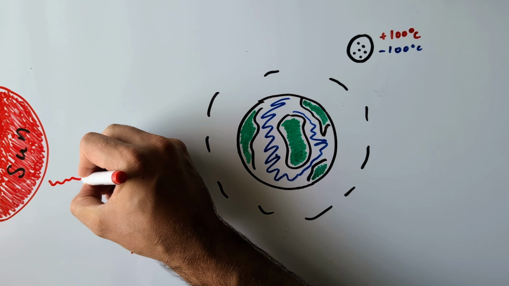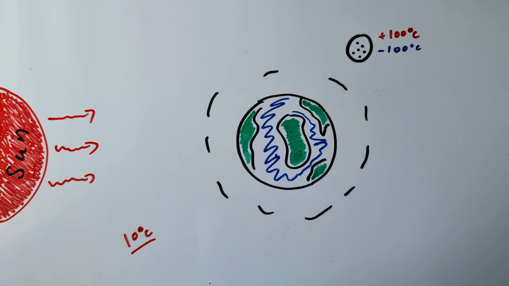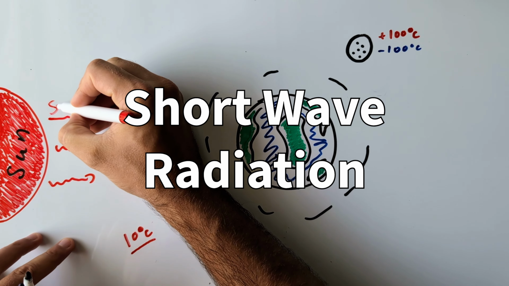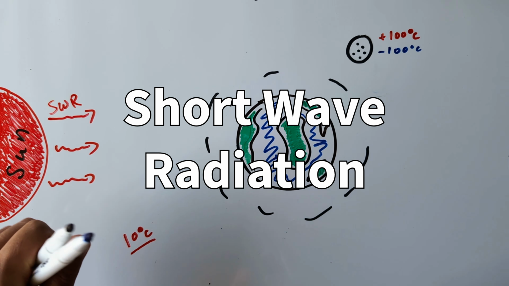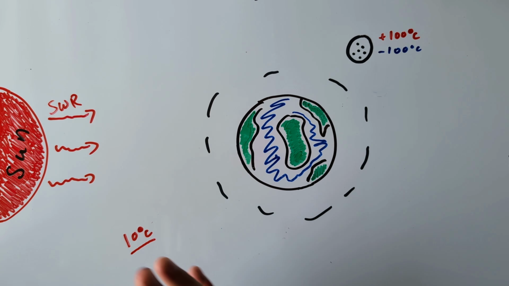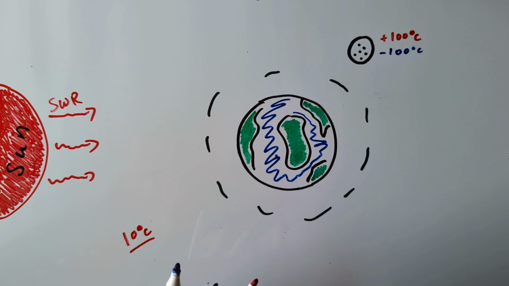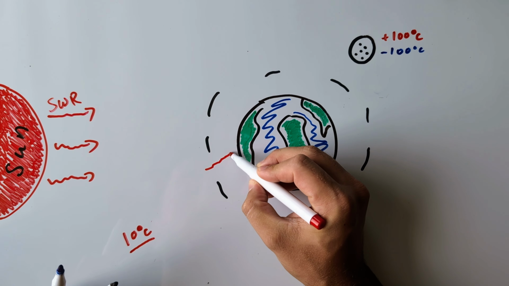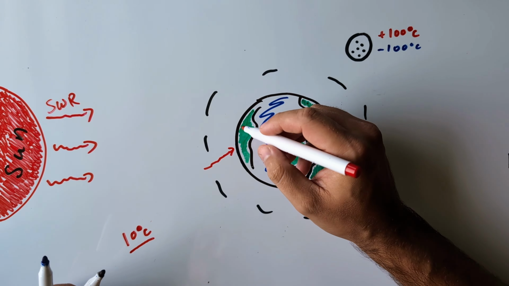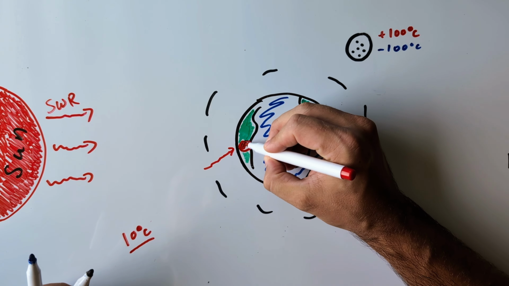So, the sun, I'm going to say a key word here, emits. Emits means to give out, okay? The sun emits shortwave radiation. I always get a bit confused by that because, again, it's going on the longer journey, okay, but we call it shortwave, okay? So shortwave radiation is emitted by the sun and it passes through our atmosphere. Because it's shortwave radiation, it can pass through our greenhouse gases, which I'll add in a second. And it is absorbed by Earth, okay?